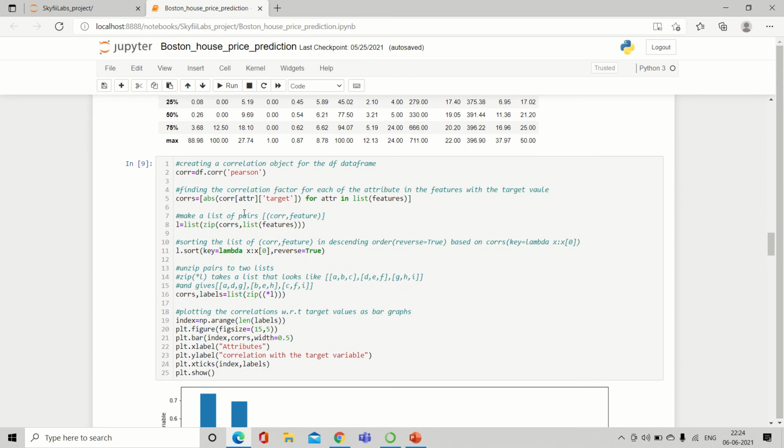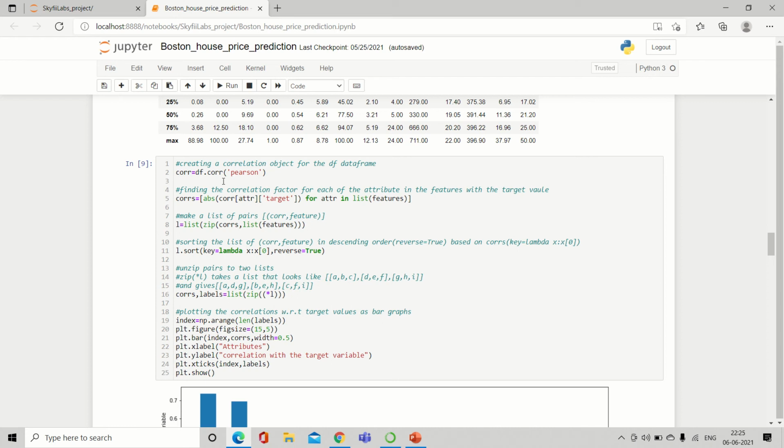Here, what we are doing is finding the correlation. Correlation is how much the target value is dependent on a particular feature. We are calculating this in order to find how much our target value is dependent on each variable.